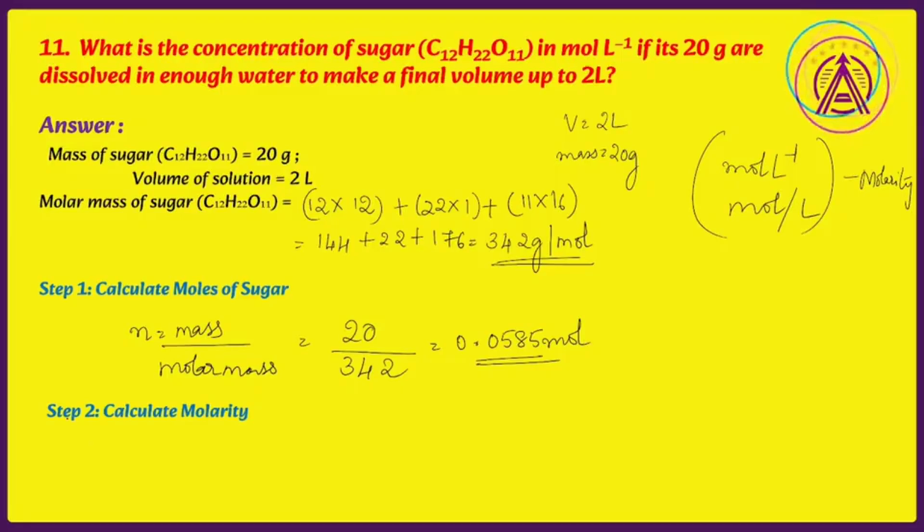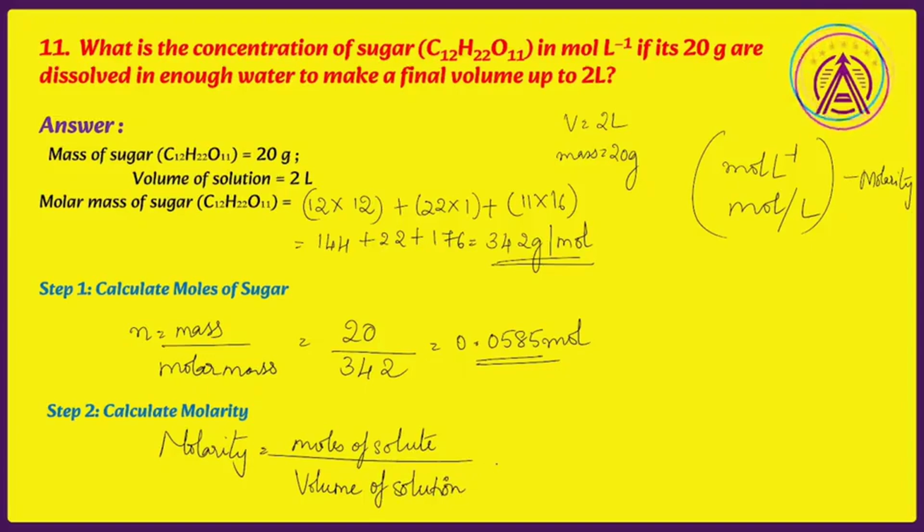Okay, now molarity is nothing but, I've told you, moles of solute divided by volume of solution. Remember, this is volume of solution, so you need to see the total volume of the solution and not just the solvent. Okay, be very careful. Volume of solution in liters. So that is nothing but 0.0585 divided by the volume they have given. Final volume is 2 liters, so divided by 2. So I get 0.02925